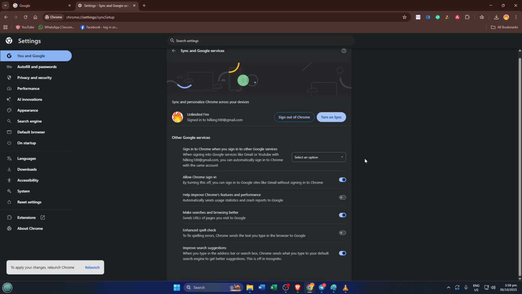So I hope this tutorial helped you get to grips with Chrome's auto sign-in settings and take charge of your